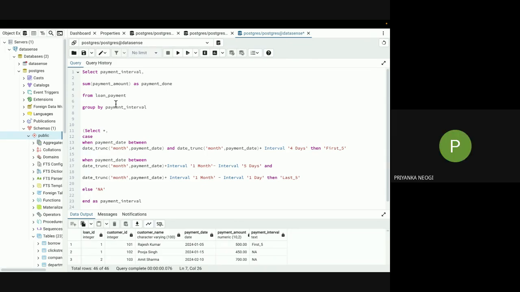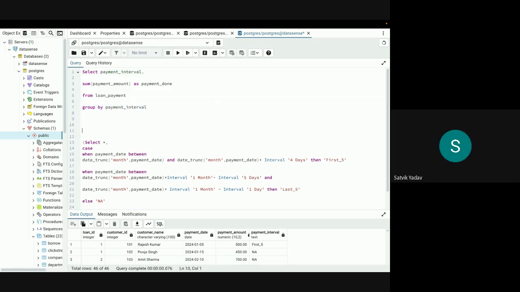From आएगा second last, group by at the end, मतलब लास्ट लाइन। Right now in this query, the payment underscore done जो है, that column does not exist as of now. पेमेंट अमाउंट तो पड़ा है लोन पेमेंट के अंदर।